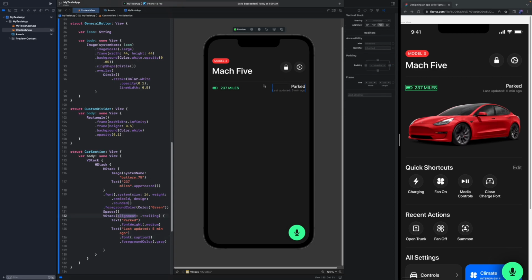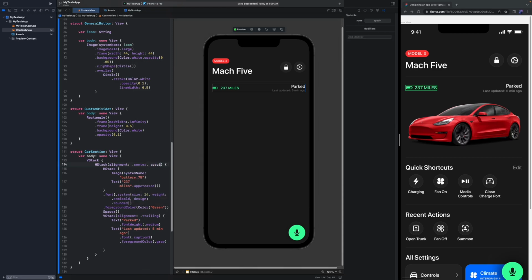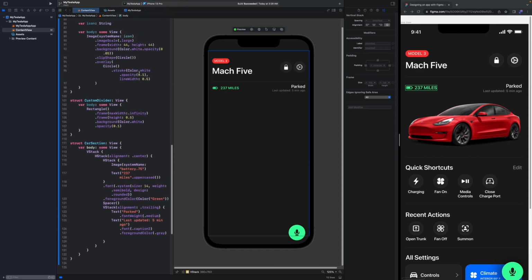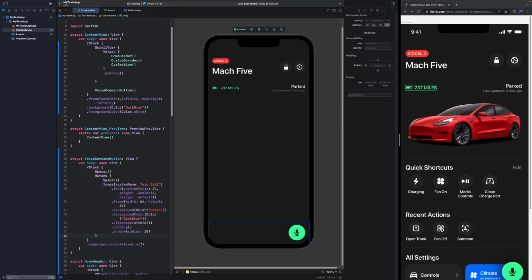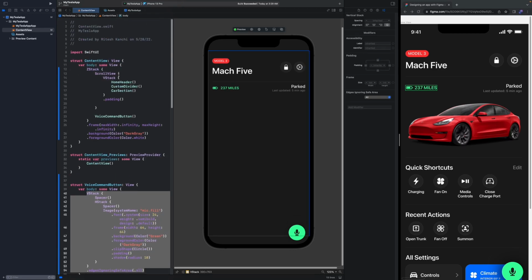Cool. We also want these to be aligned to each other. So we can actually do that by, in our HStack right here, we can actually set an alignment to the center. And you can kind of see now they're centered. We didn't do that at the top here because I wanted this to kind of be skewed a little bit. But yeah. Let's also look at something here. Our home header. You can kind of, if I comment this out, what does it do? So you can kind of see that. You see, we have this,